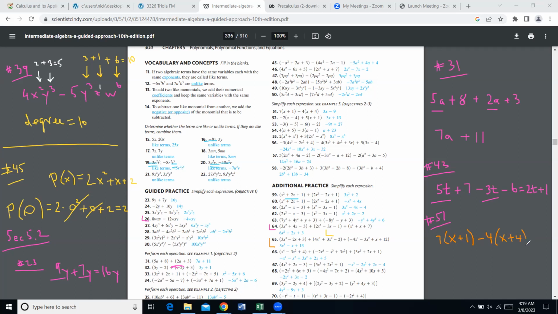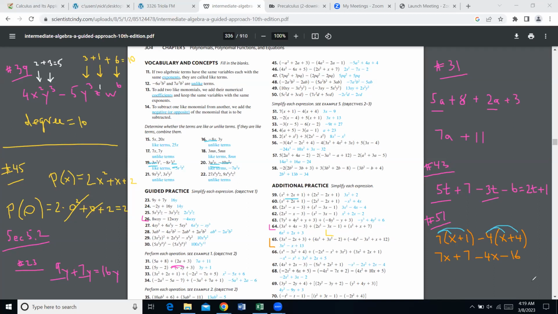Well, here we always distribute because parentheses have priority, right? So we need to take care of these parentheses. People say we need to distribute those numbers. So it'll be 7 times x, and 7 times 1 is just plus 7. And the -4, so it'll be -4 times x, and -4 times 4 is